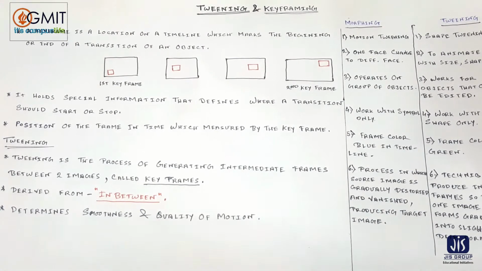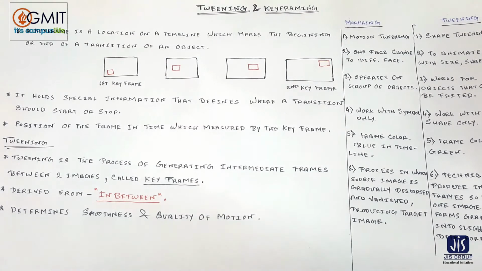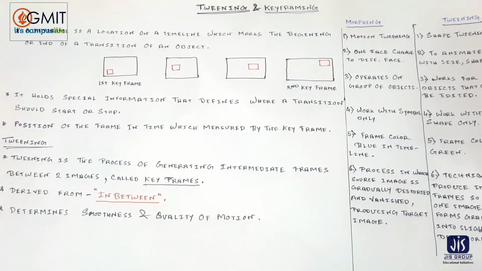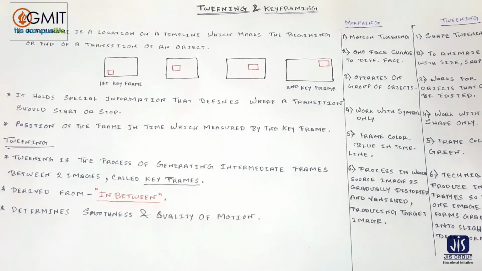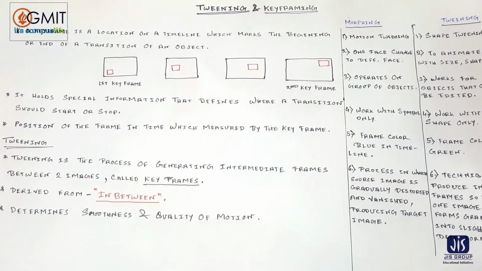The total number of intermediate frames generated by the twinning determines the smoothness or quality of the motion, and this, together with the frame rate, determines the duration of the playback. It also helps to measure the duration of the playback, for how much time we can play back the video or animation. It actually depends on this twinning.